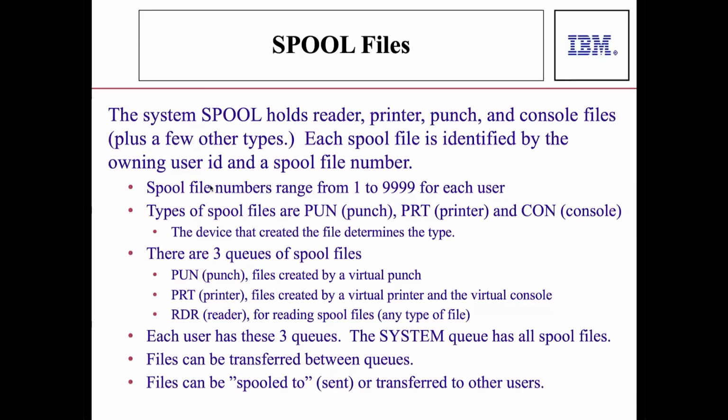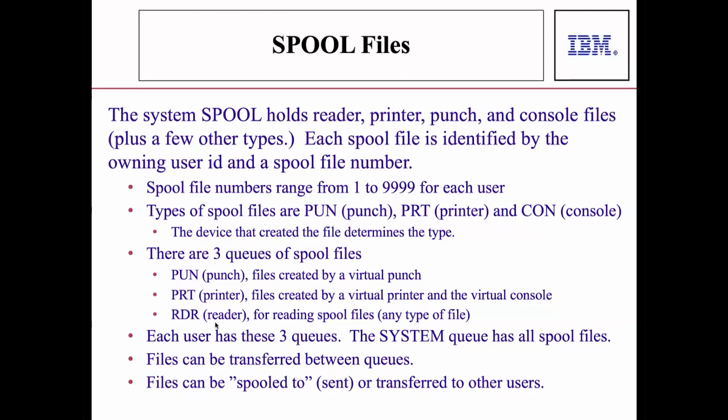Spool files are identified by whoever owns them and a spool file number. They don't have file names and file types or anything like that. They have a number. And so each user can have 10,000 spool files, 1 to 9999, or well, not even 10,000, one less than 10,000. And I said there are these types: punch, print, console. That depends on what created them. And then there are these